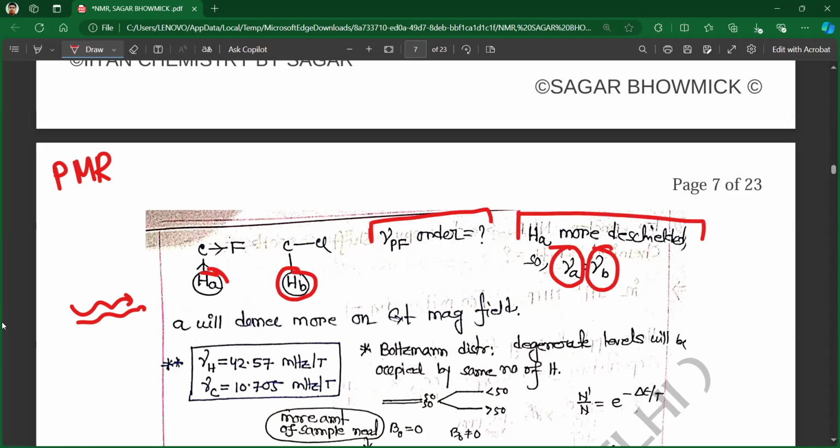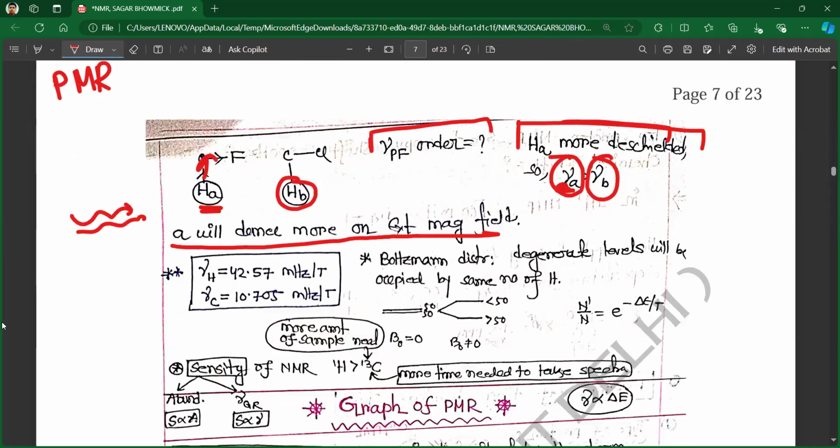HA is more deshielded. HB is more shielded. Deshielded means not shielding. If there are more electrons, that means more shielding. Here electrons are dragged by fluorine, so it is deshielded. So deshielded means the precessional frequency value will be higher. HA will have more external magnetic field, right? Okay. Now